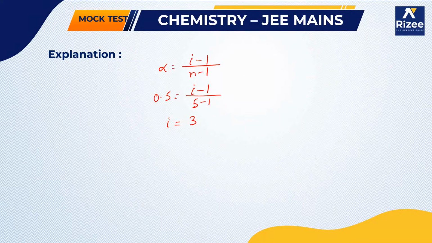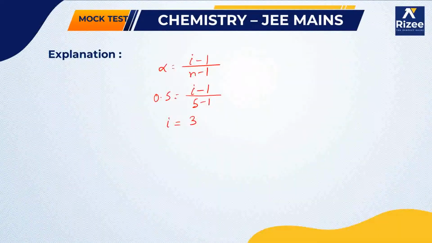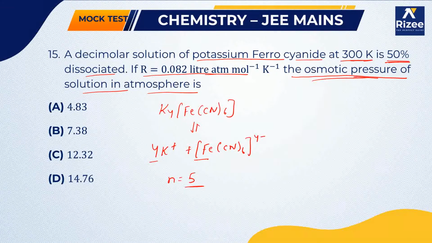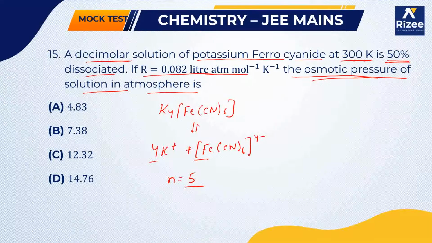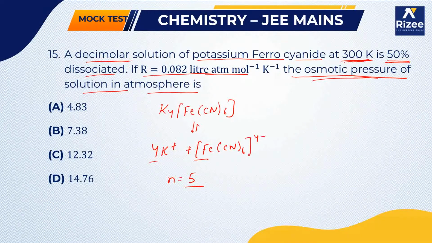So now, what is the osmotic pressure he is asking? The osmotic pressure of the solution in atmosphere. So we can write pi is equal to i into C into R into T. So here, what is the value of i? 3. And what is the value of C? In the question he has given concentration as decimolar, meaning 1 by 10, that is nothing but 0.1. R value 0.082 he has given, and temperature, how much has he given? 300 Kelvin. So into 300, that will be equal to, after solving, we can find 7.389 atm. So in the options you can see which one is having 7 point, so the second option is our answer.